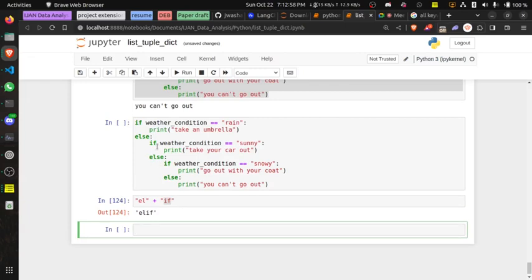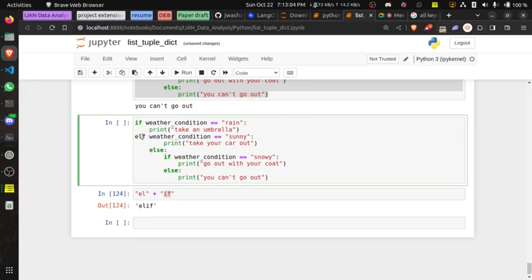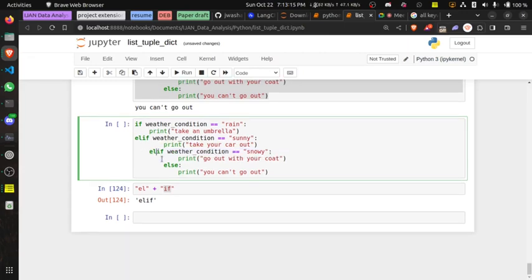So if you want to do that here, what I will have to do is take this, clean it. I'm going to have elif. Take this out, then bring this back, and I'll bring this back.